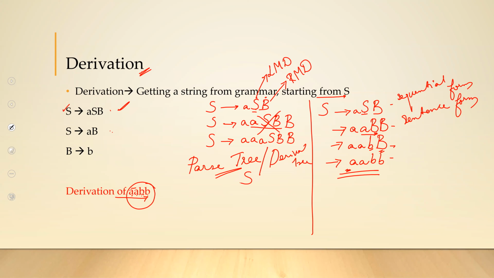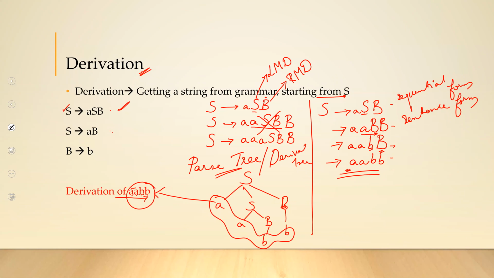I start with my start symbol S, and I have S going to A B. So I write S, and then I replace my S with A and B. This was capital B. Then I am replacing this B with a small b, and this with a small b. When you look at the leaves of the tree, you should be getting your required string.